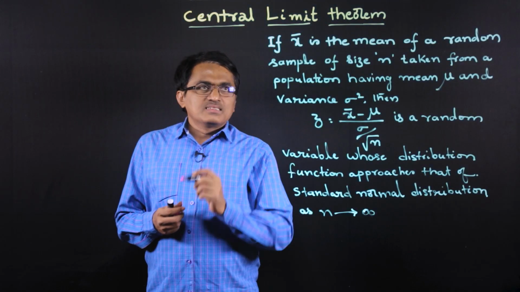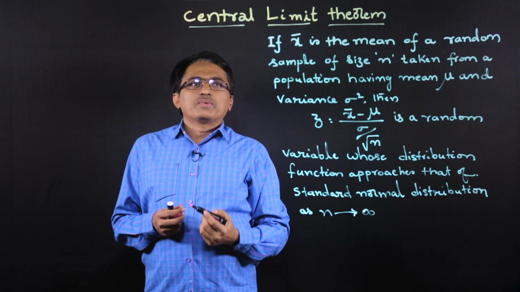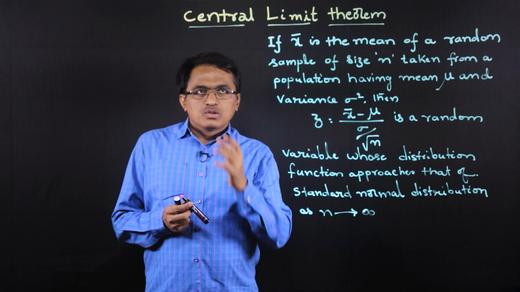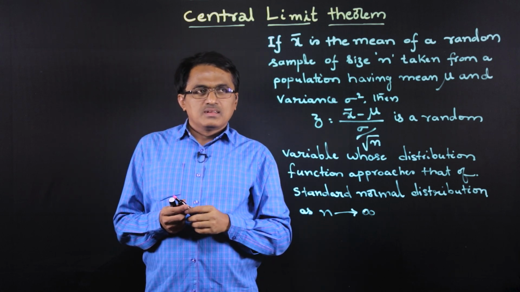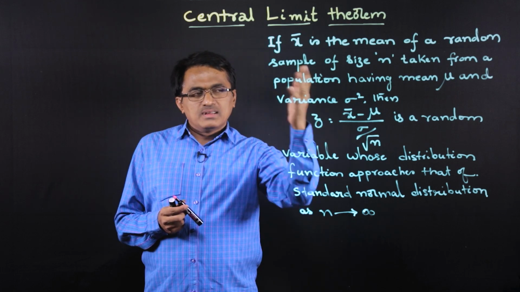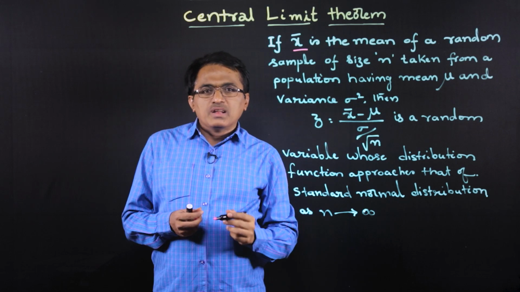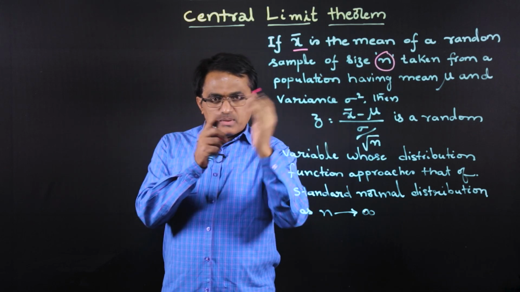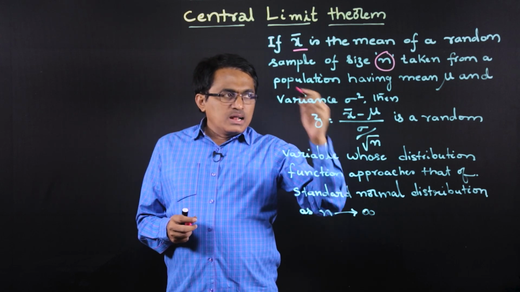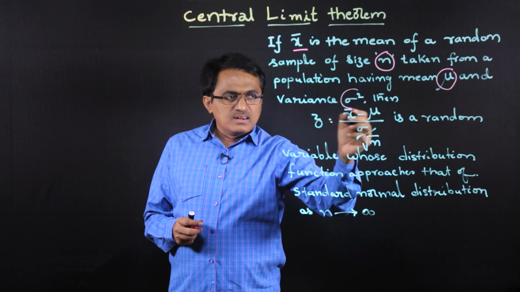So, welcome to today's session in which we are going to discuss one of the beautiful topics, that is the central limit theorem. First we will see what this central limit theorem says. Suppose x bar is the mean of a random sample of size n which we have taken from a population, and the mean of the population is mu and the variance is sigma square,